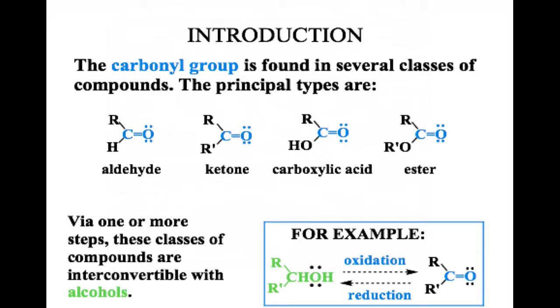So for example, if we look at our lime green colored alcohol here, we can oxidize it to a carbonyl. What have we formally removed in that oxidation? We have removed two H's, that's right. So we've removed a molecule of hydrogen. And in doing so, we have removed two sigma bonds and replaced them with a pi bond, okay? So in theory, we can do this type of chemistry. Conversely, we can also take a carbonyl and reduce it by adding an equivalent of hydrogen,